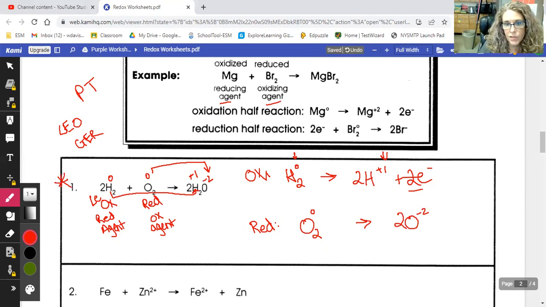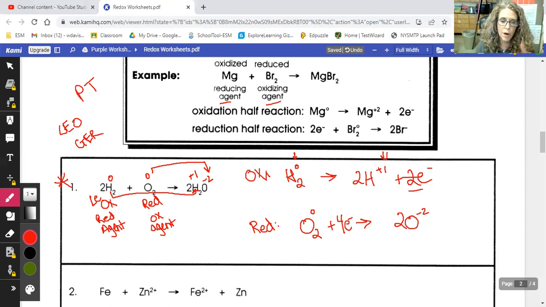So now I need to balance the charge, but I know that gain electrons is reduction. So to gain electrons, that's going to go on the reactant side for adding electrons, but balance it by charge. I need to have the same numerical charge on both sides. So I have a 0 over here right now, and I have 2 -2s. So this is a -4. So then now I need the 4 electrons, because I need to have a -4 on this side and a